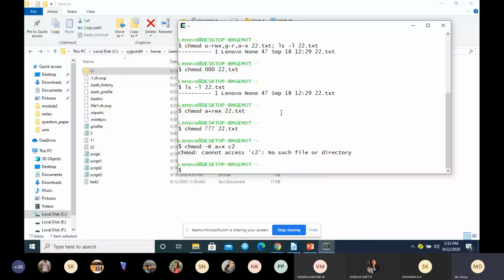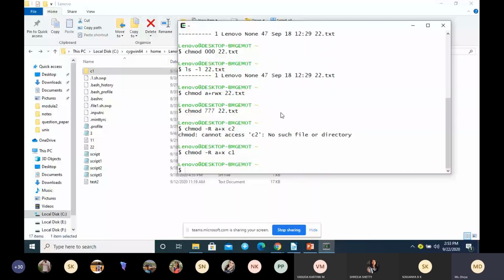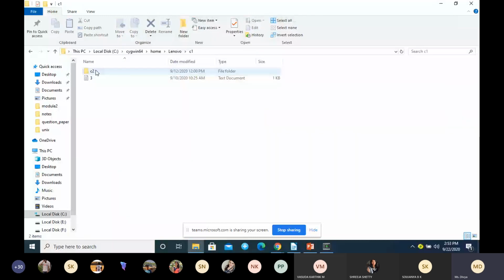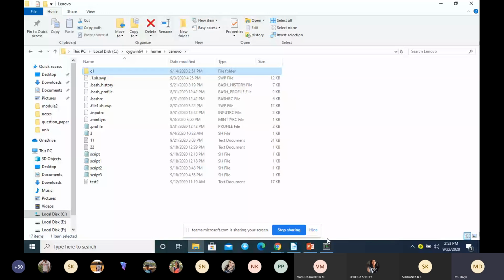So here what you can do is we are applying recursively execute permission for all the categories, group, user and others. Recursively for all the files and subdirectories which are there inside this C1 folder. So even if there was a file inside C2 also, they will also get this execute permission. So this is the -R option.